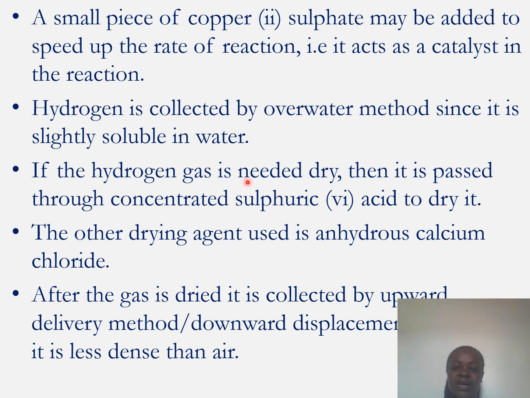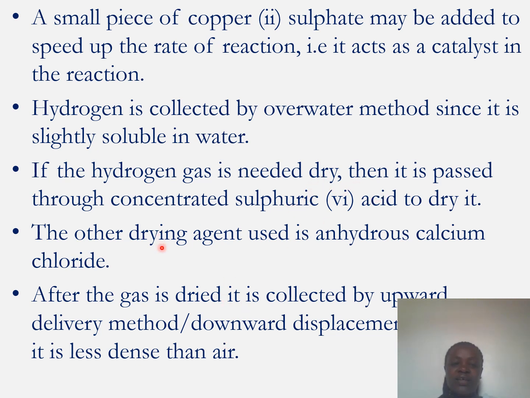When we need it dry, we are going to use the method known as upward delivery method or downward displacement of air. So we cannot dry it and then pass it through water again. It could be a mistake if you pass it again through water by the overwater method. So we use the upward delivery method to collect the dry